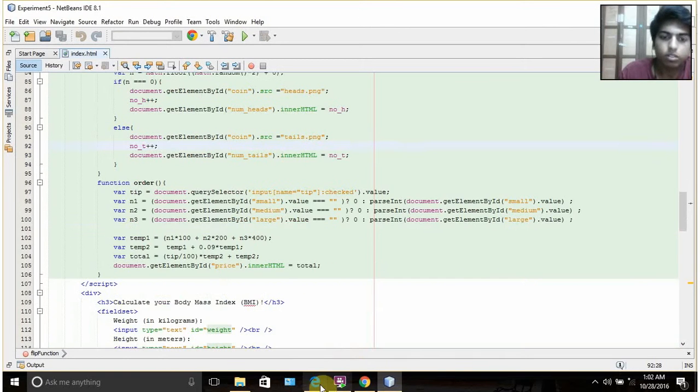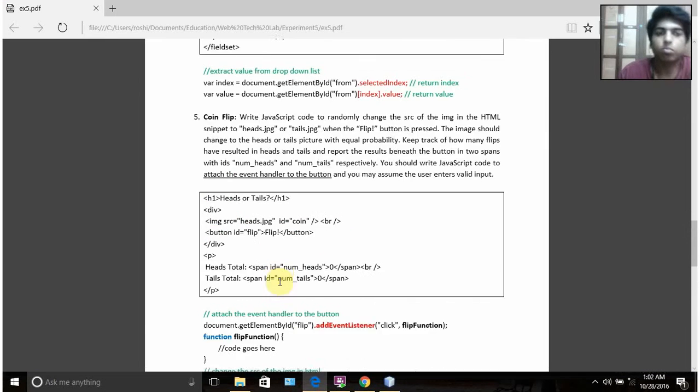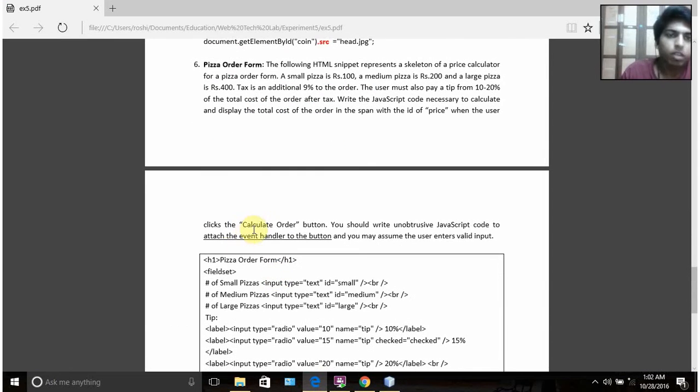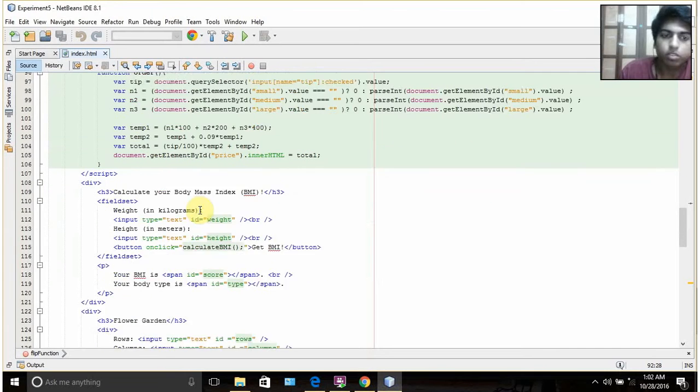Now the next question is asking us to compute the bill after ordering a pizza. There are three types of pizza: small, medium and large, and there are different prices for each. Once you find the price of the pizza, you need to find the tax, that is 9% of the total. Now you need to ask the user how much tip he or she wants to give, and you need to get that from a radio button. So to implement that,